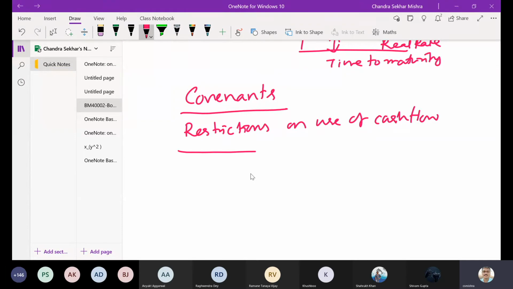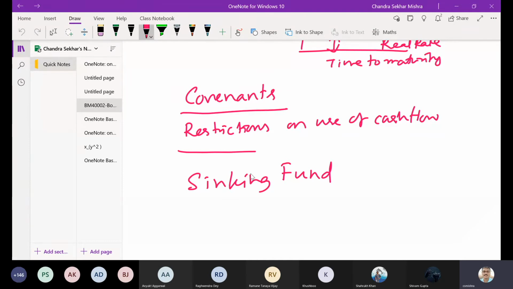Similarly, companies can create something called a sinking fund. They will set aside some cash in a sinking fund, and that fund amount will be invested in some securities so that finally it matures with interest, and you are able to pay the principal amount. That is ensured by debenture trustees. They ensure that the sinking fund is created so that the principal amount is paid at that point of time without any discomfort, because arranging that money will be very difficult.